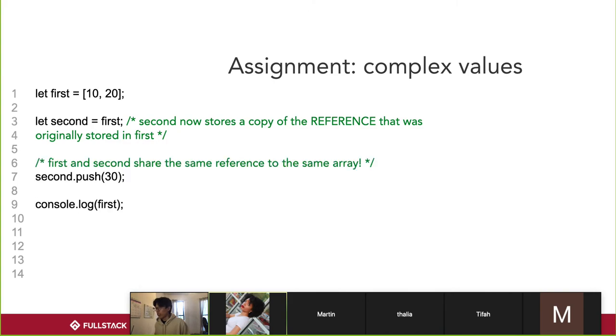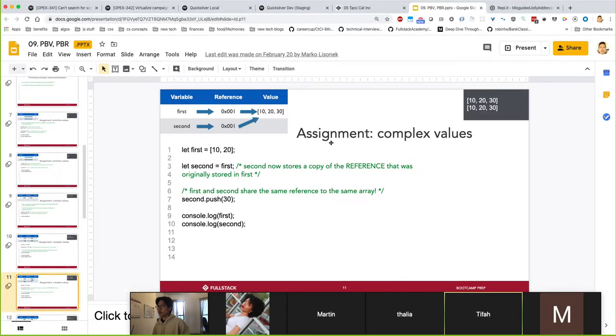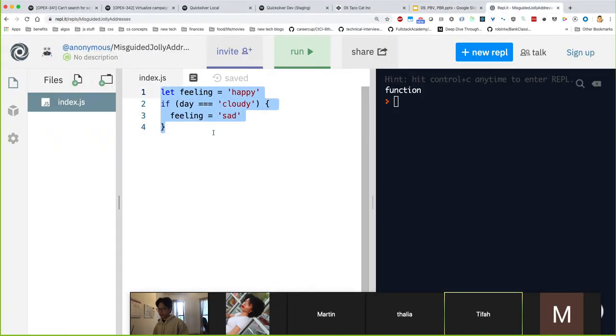Now we're getting to the tricky things. Any takers for this? What would this output? Would it be 10, 20, 30? Yes, it would be, because they're connected now. Because when we set them equal, we just do this. This is where it's different from primitives, because for primitives we have,